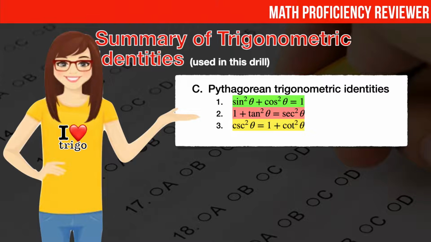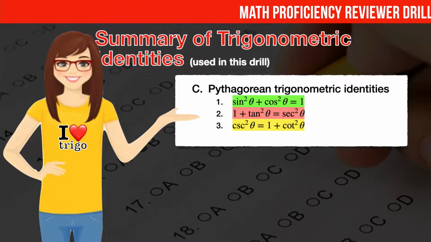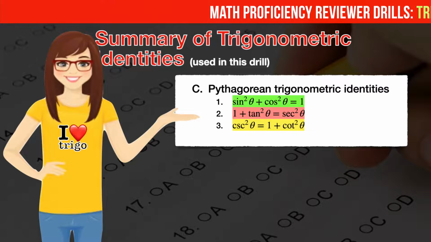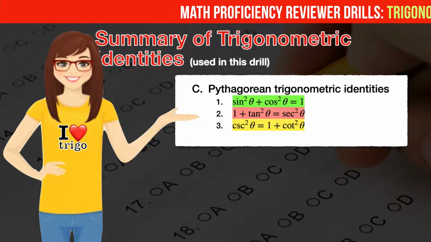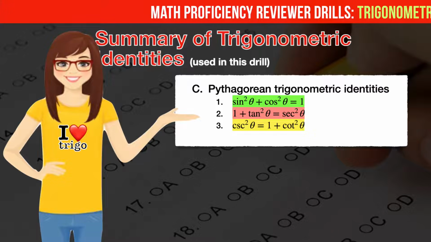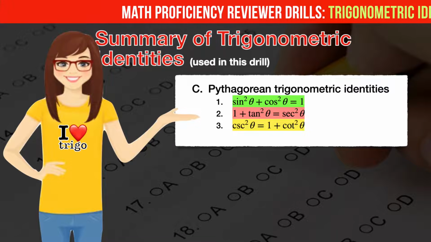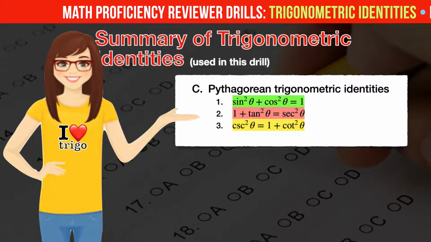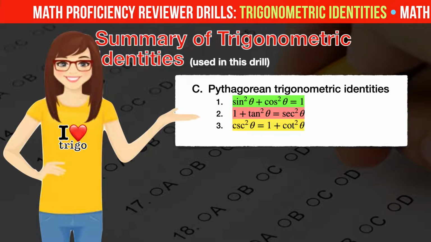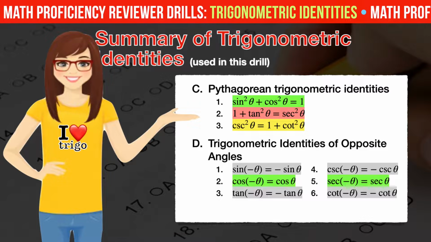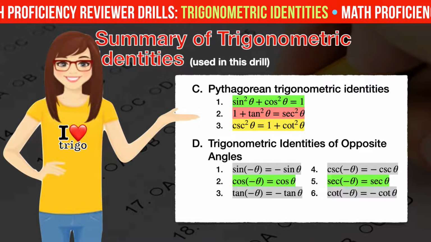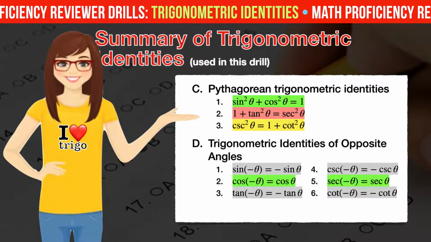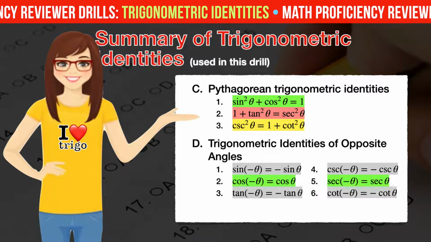We've extensively used the first of these Pythagorean trigonometric identities, particularly in drill questions 2, 3, 5, 6, 8, and 11. We've used the second one in solution 2 of drill question number 5. And we've used the third one in drill question number 10. The last category of trigonometric identities that we have used in the preceding questions are the trigonometric identities of opposite